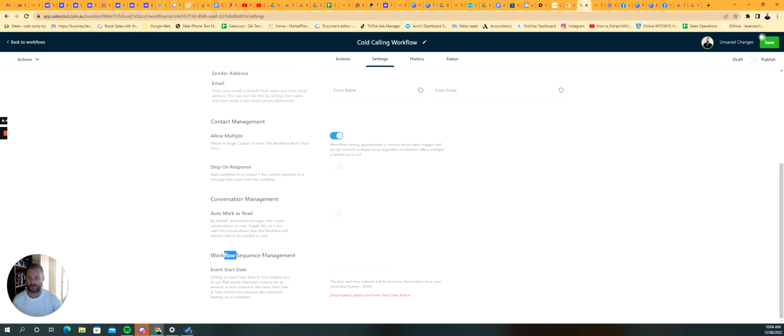And then of course with the workflow sequence management, it talks about an event start date. So this is extremely powerful and can't be understated. You can build an entire workflow that is time relative. So if you're talking about a webinar, for instance, and you're sending reminders progressively as you get to the point of a webinar,